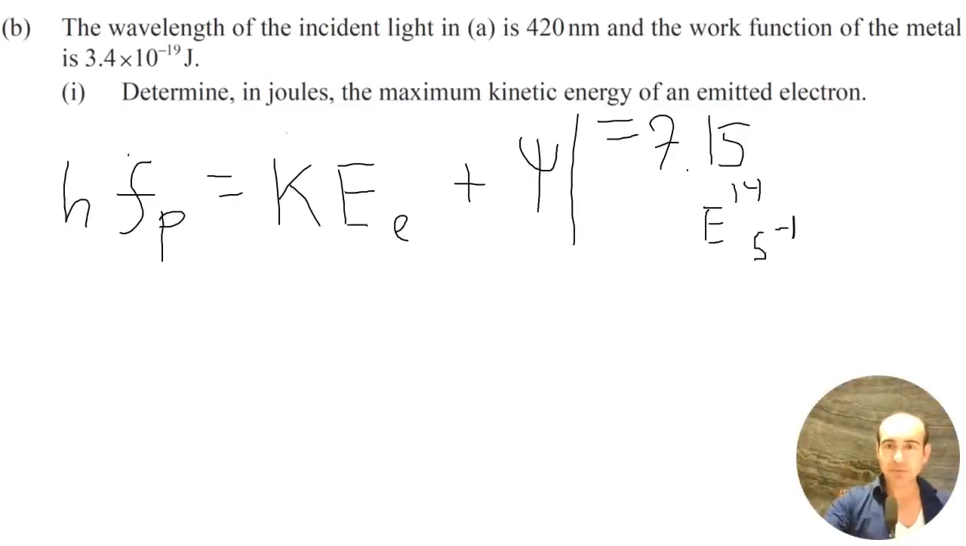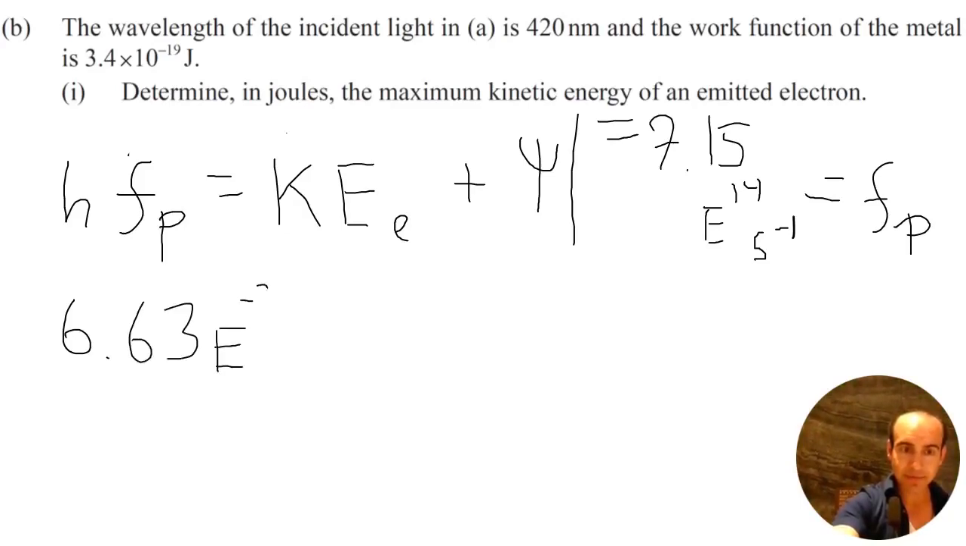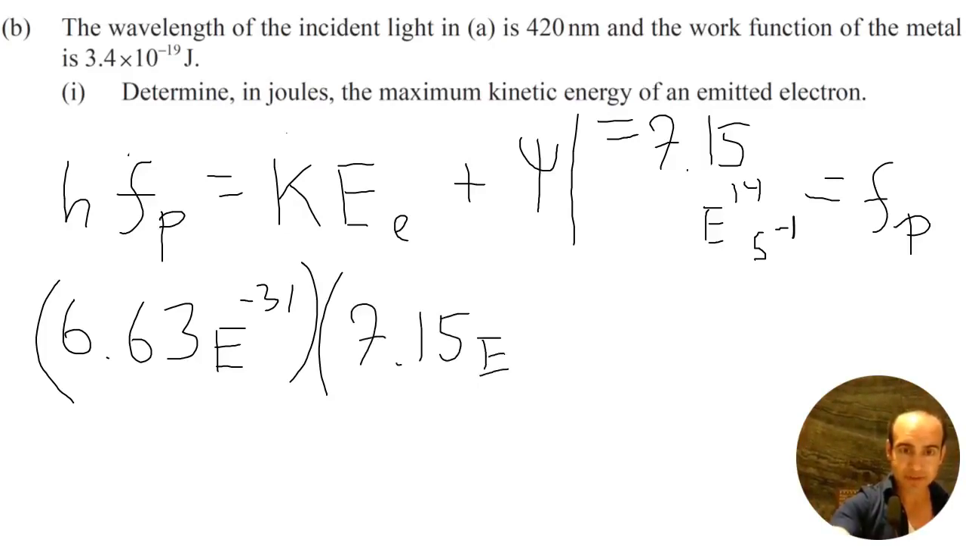All right, so let's try to wrap up this problem. Again, we had found the frequency of the photon, and we're going to plug all of this into our grand equation. Remember, we still need to multiply this frequency by Planck's constant, h, which is 6.63 e to the negative 34 times this frequency, 7.15 e to the 14th, and that's all going to equal the KE